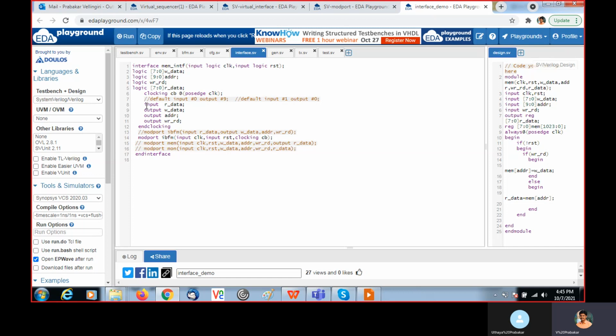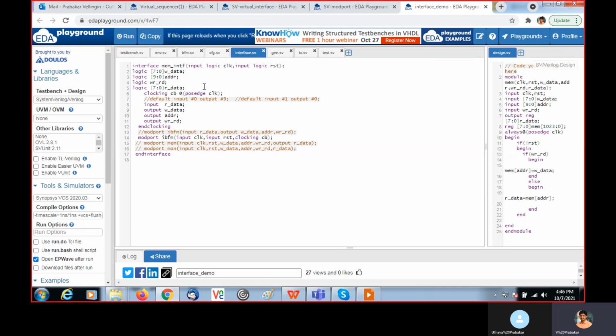The input with respect to this driver is rdata, and the remaining we are going to drive from the driver. So these are outputs from the driver's point of view. Then the modport, with the clocking block we created. The modport name is nothing but DRV_MP. Then we need to pass the clock, reset and the clocking block.